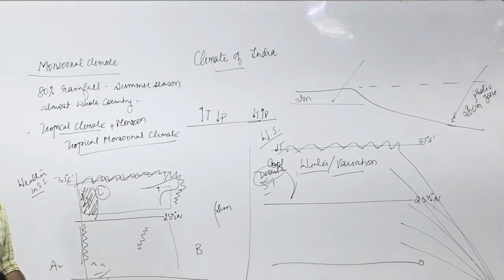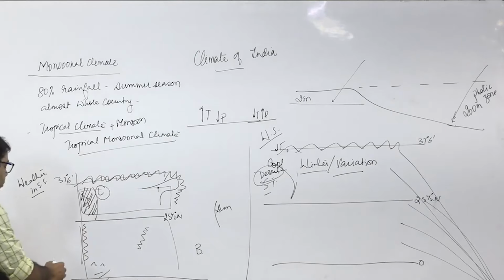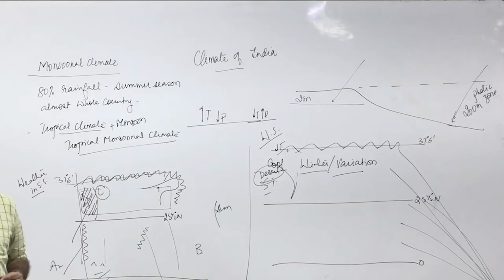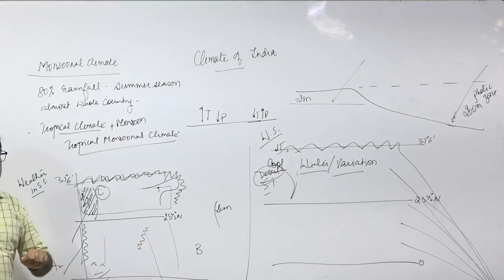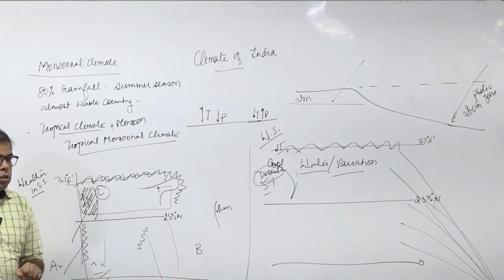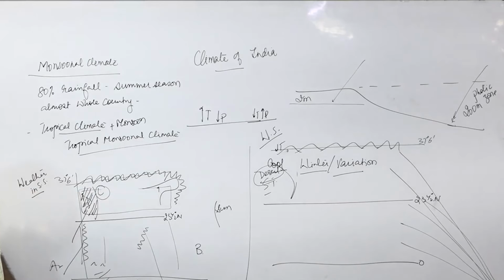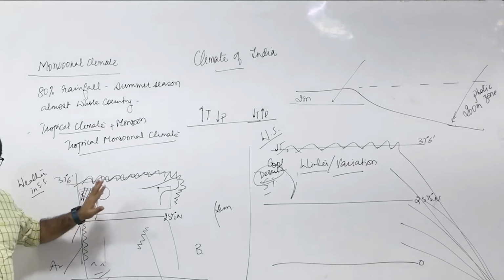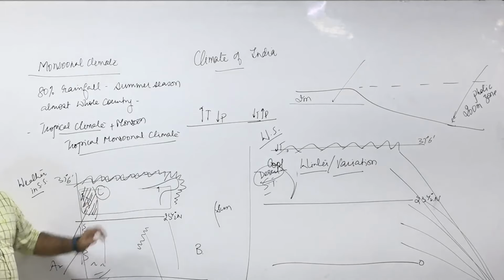Pressure high. Wind blows from high pressure to low pressure. Where will it go? Wind will go from the high pressure to low pressure areas. All the wind will come into India. What happened? The pressure condition is responsible for maintaining the flow from the sea to land in the summer season. Clear or not? Pressure condition over northern India is maintaining the flow of wind from sea to land in the summer season. Clear? So that is the mechanism of the flow of the monsoon.